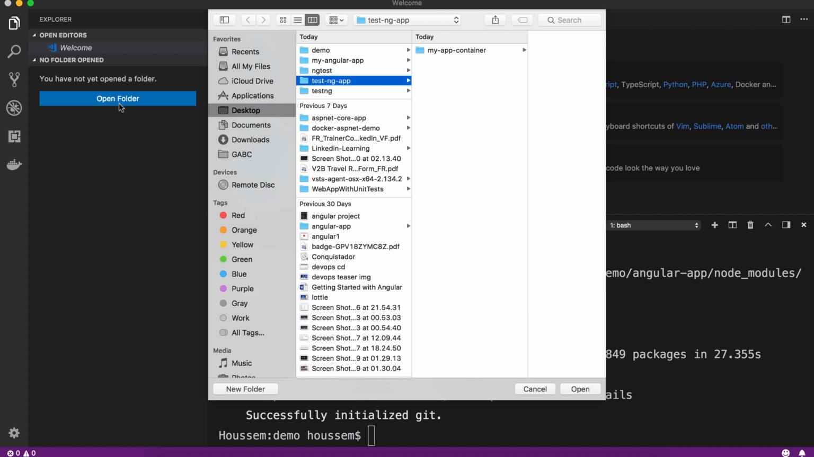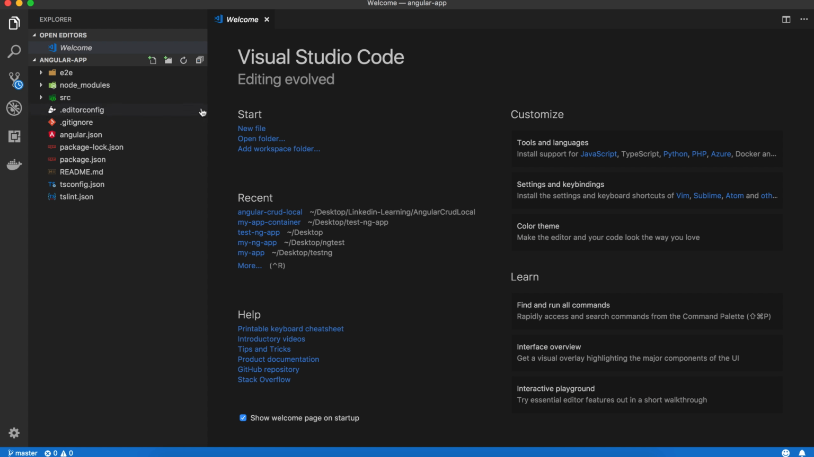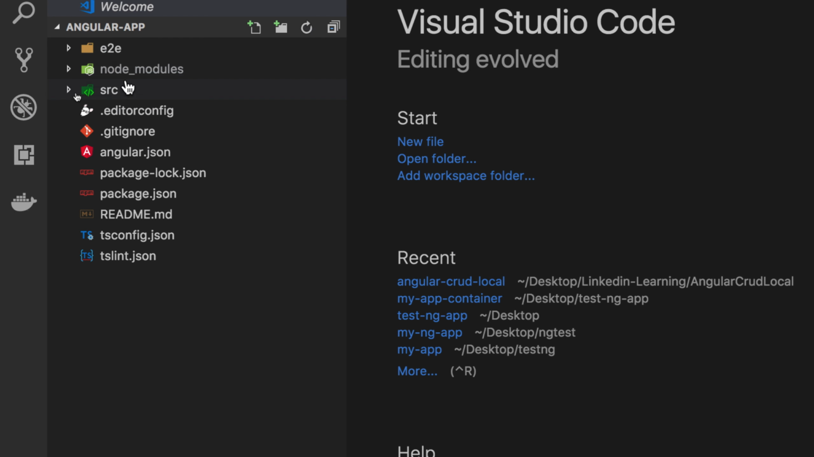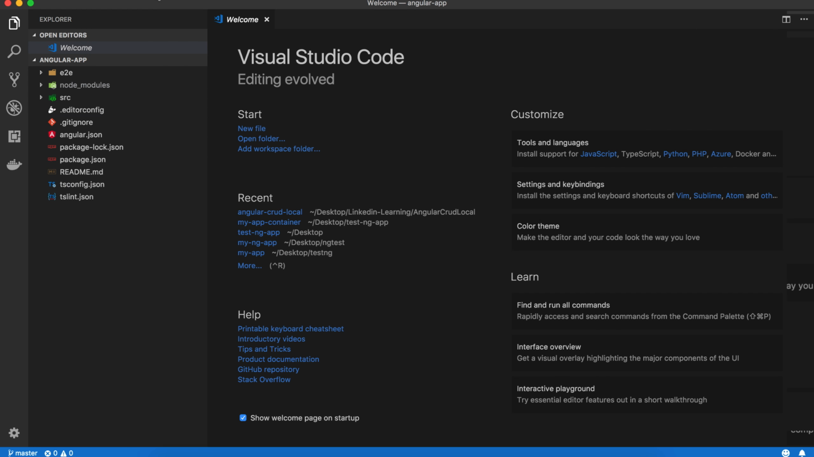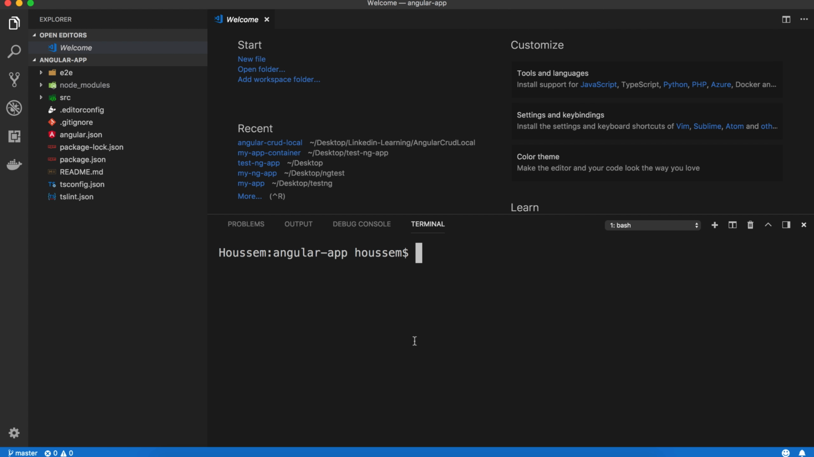So if we go and open that folder, we call it Angular-app, then here we find all the files for our Angular application using TypeScript. We can see that here we have the source folder and all the required files to run an Angular application. Let's open again the integrated terminal,